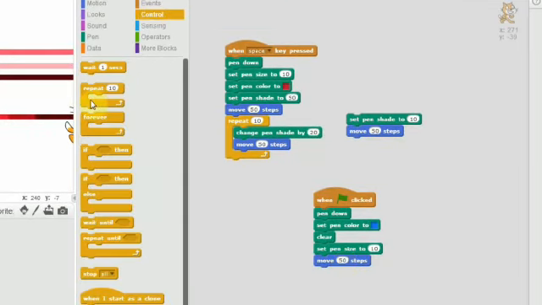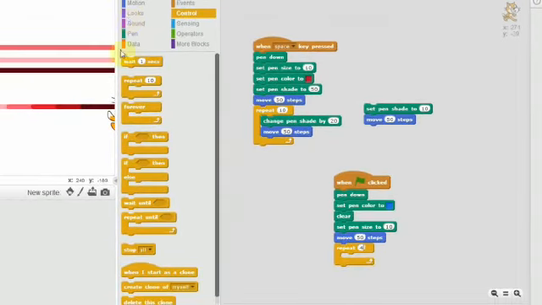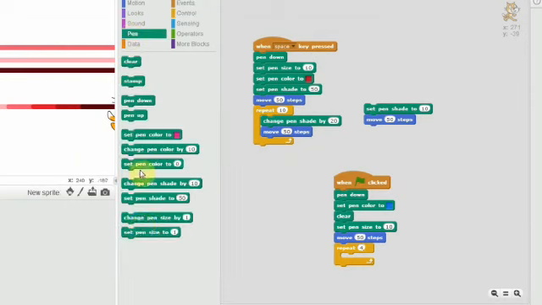Control block. Click and drag a repeat block. Change the value to 4. So the loop will be executed 4 times. Next, click the pen block. Change pen size by 20.